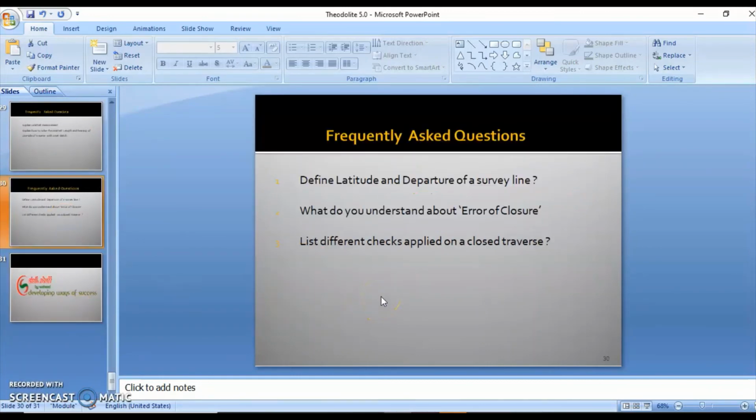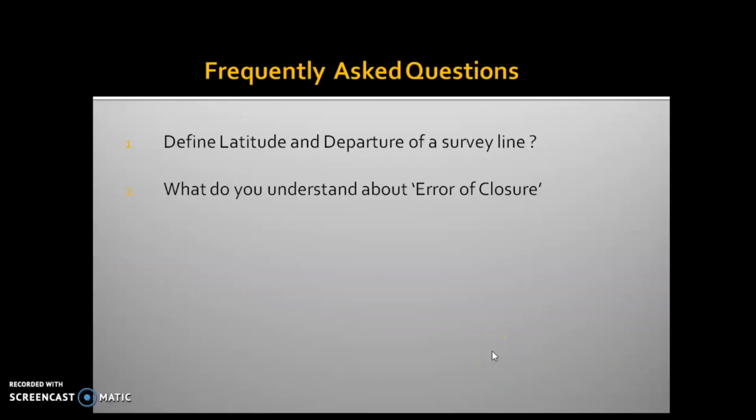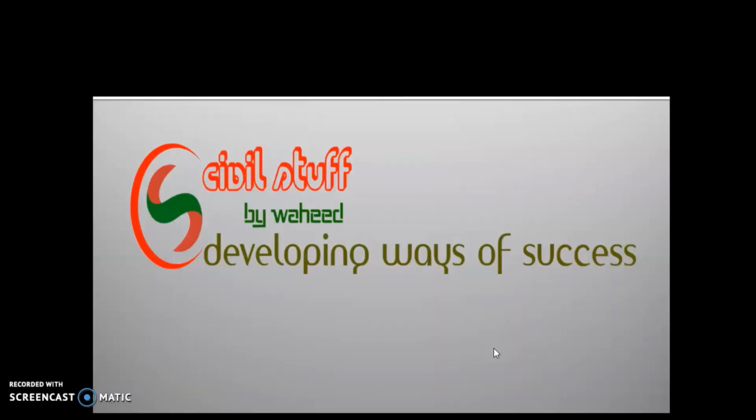Okay, so with this we have completed our today's topic. I hope you understood clearly what all these things we have discussed mean. In the further classes, we'll try to go for another new topic. Hope you are understanding. And this is our fifth lecture on theodolite surveying, and still 5 to 6 more lectures will be required to complete